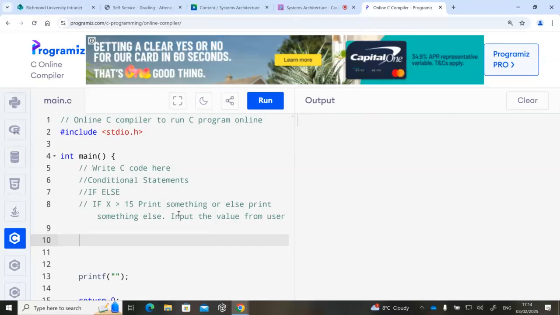So step one is good. You want to create a variable. How do you create a variable? So you have to say int x. What is this doing? Creating the